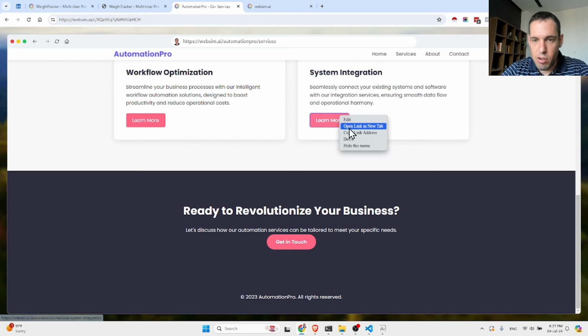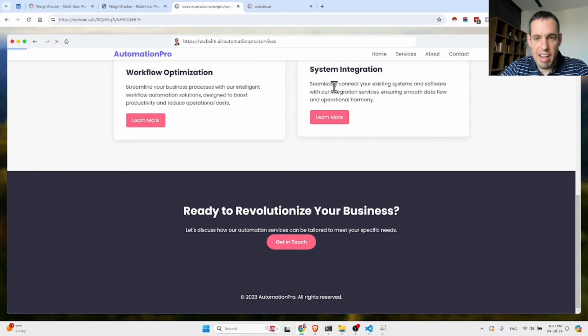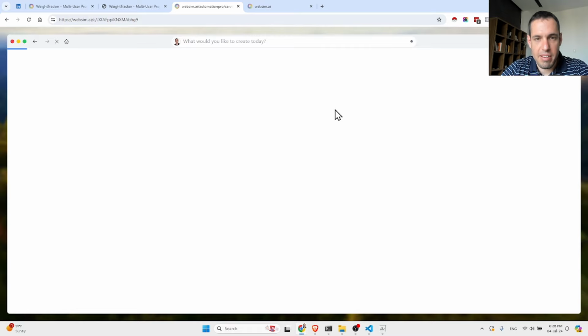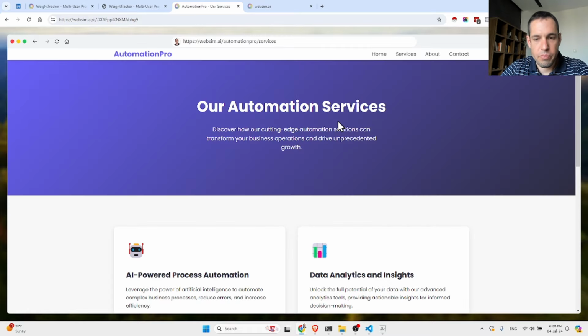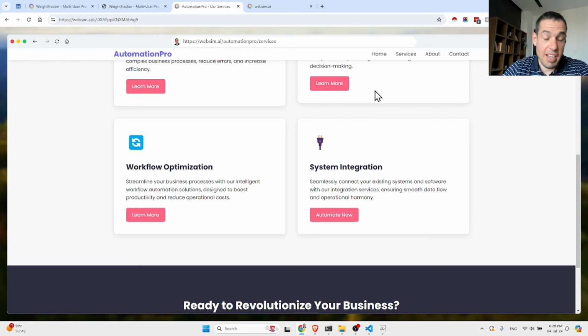And if you right click over here, you can open the links or you can edit. So edit this element, change button call to action to automate now. So I've asked websim to change only the CTA of this button from learn more to automate now. Let's see what happens. Yes, automate now. And obviously I can save this and I can also download the website and the HTML, and basically